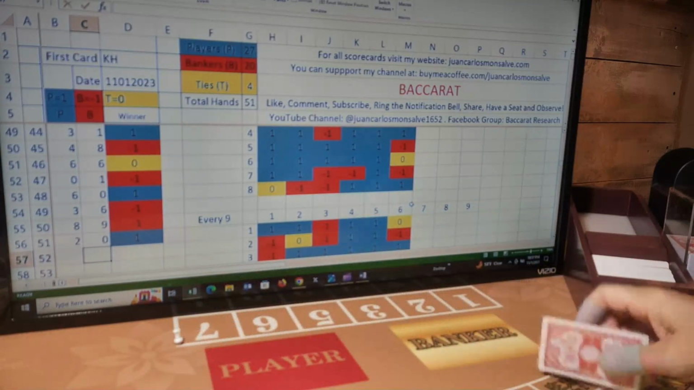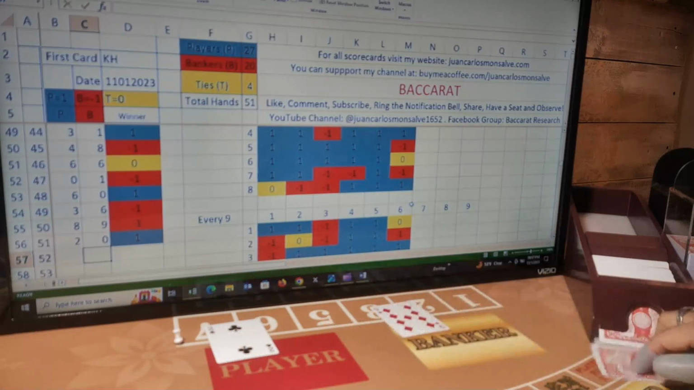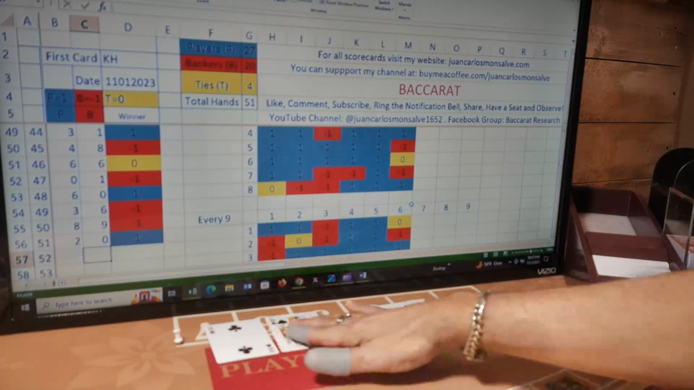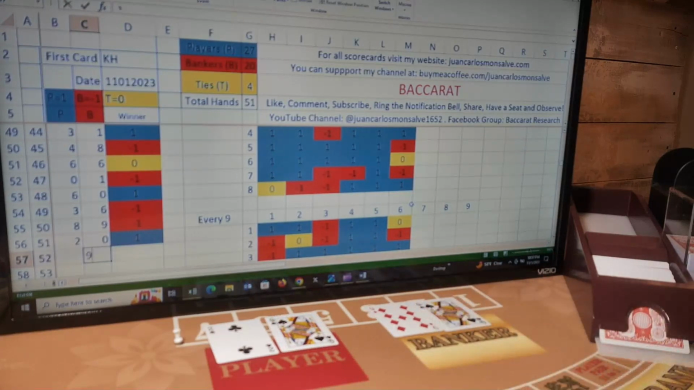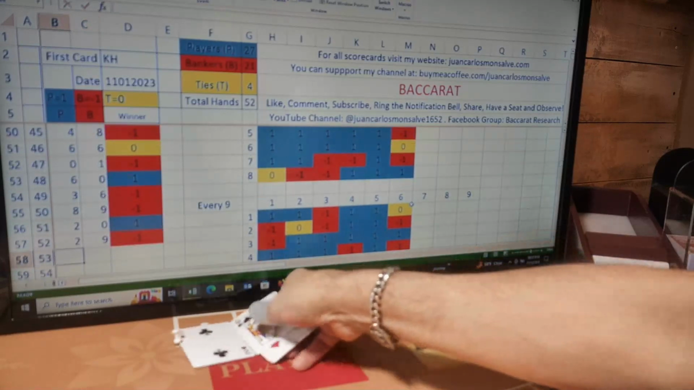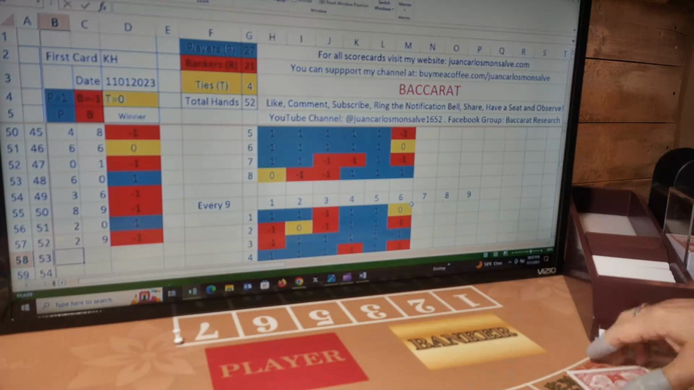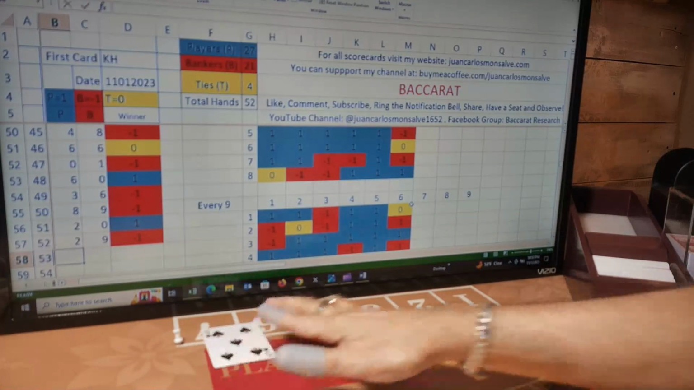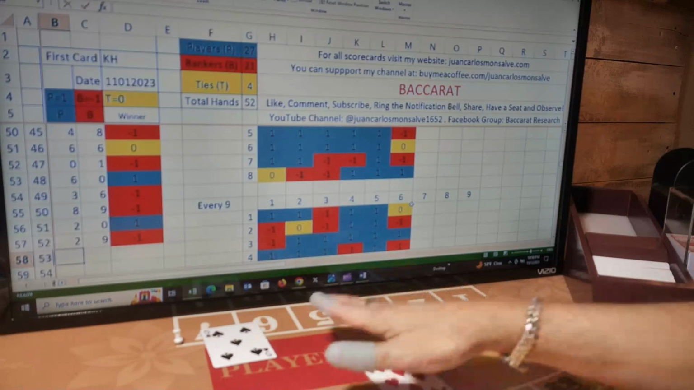Next hand, first card player, banker, player, banker. Now we have a natural 9 banker and 2 player. And next hand, first card player, banker, player,